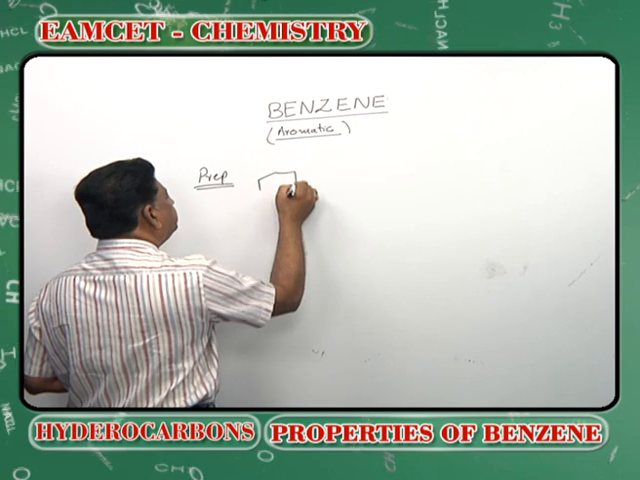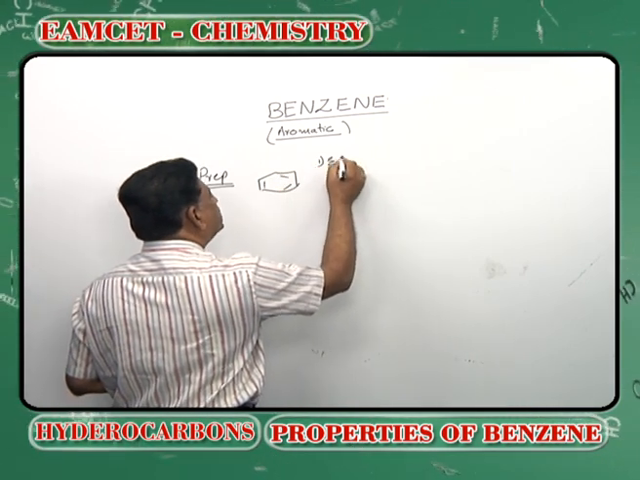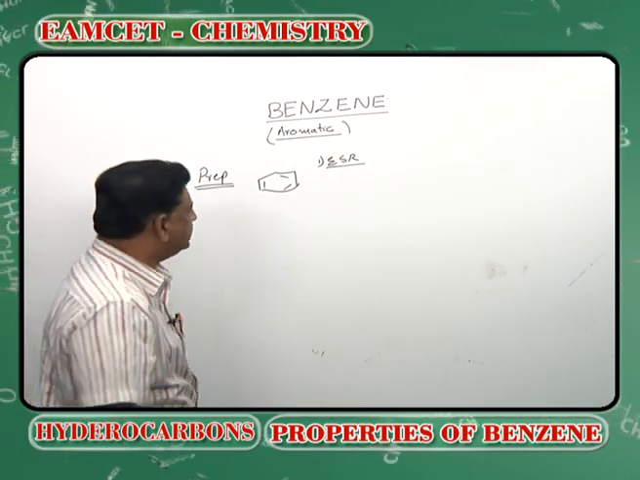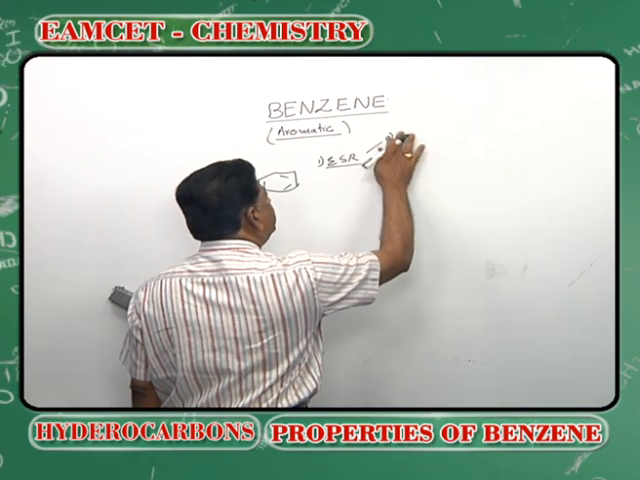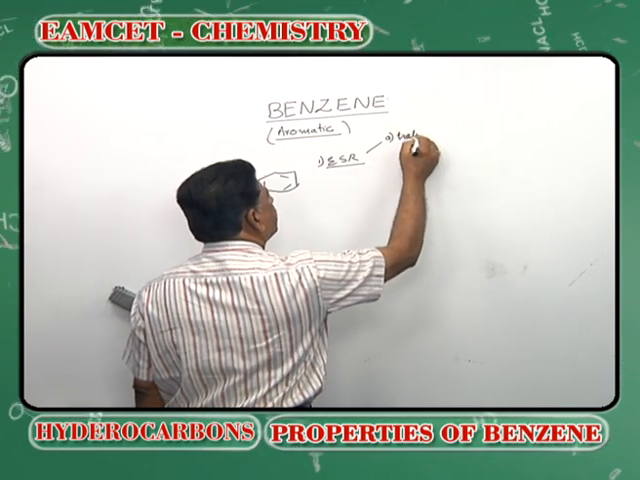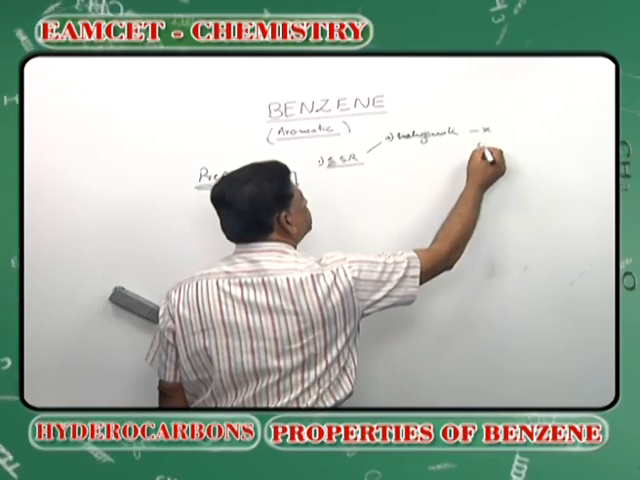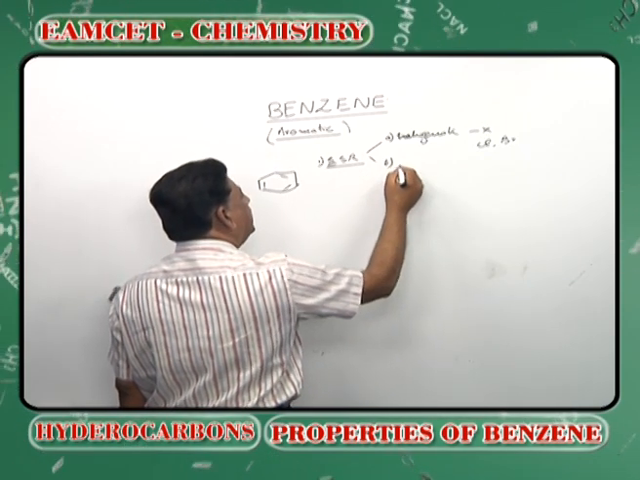Benzene undergoes 3 types of reactions. One is electrophilic substitution reaction, in which we have chlorination or halogenation, that is, introduction of a halogen. Examples: chlorine, bromine are the best examples there, and alkylation,